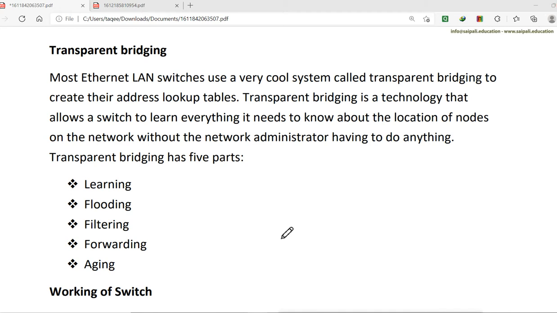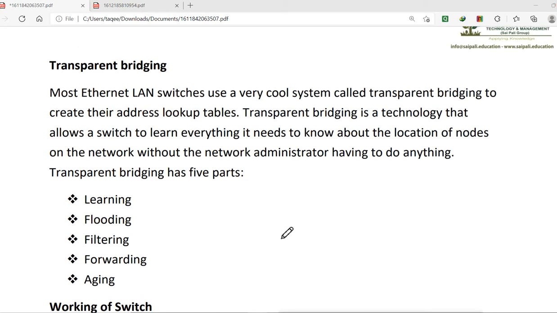Now, transparent bridging. As I said, the switch is actually the advanced version of a bridge device. So mostly in configuration also, and in some terms, we call it a bridge. Now transparent bridging means what? Most Ethernet LAN switches use a very cool system called transparent bridging to create their address lookup table.